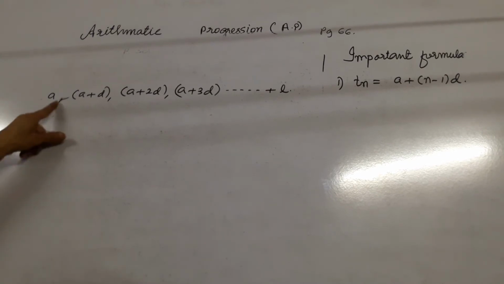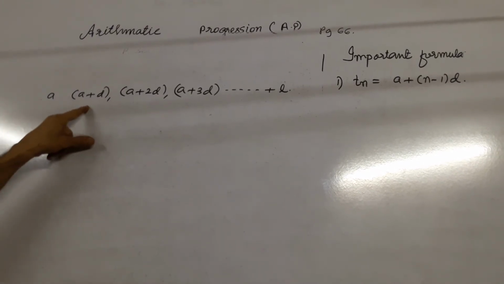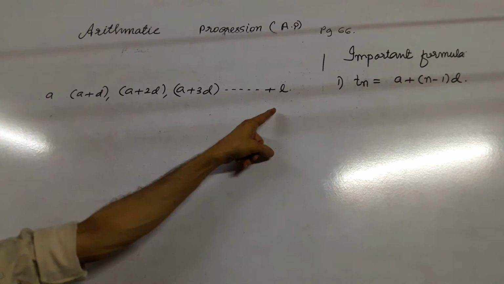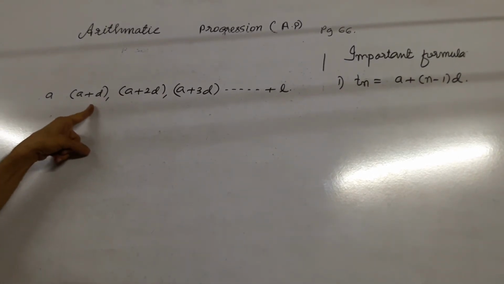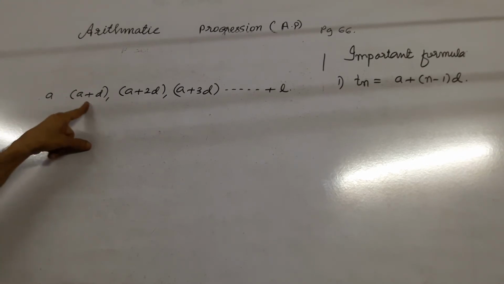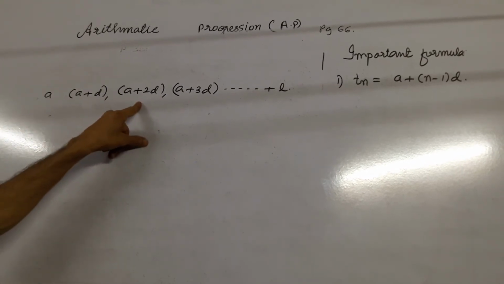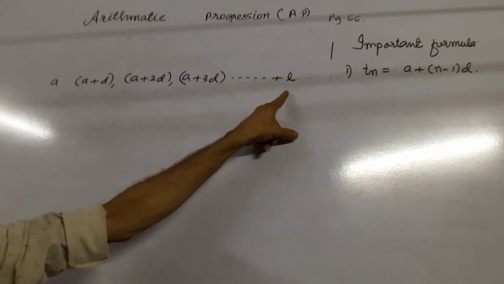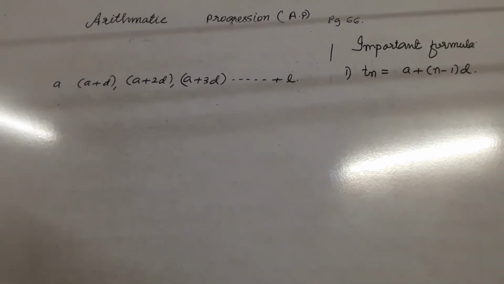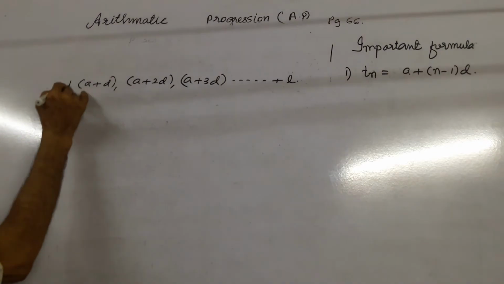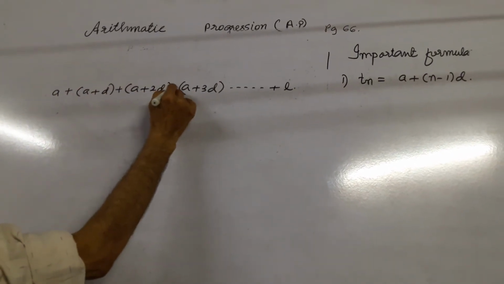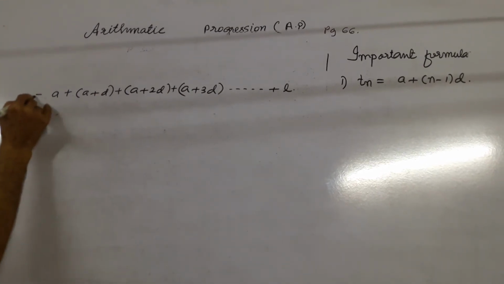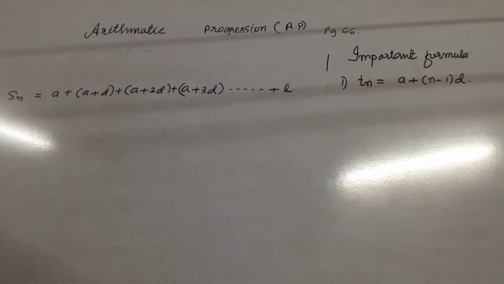Now look here, this is a sequence. a, a plus d, a plus 2d, a plus 3d, up to the last one, where a is the first term and d is the common difference. If d is the common difference, then we know the second term is a plus d, third is a plus 2d, fourth a plus 3d, and so on, and suppose we add the last term. And we want the addition of this, then we will add all of these. We write a plus sign here, and that addition, let us take Sn. Suppose Sn is the addition of all these numbers.